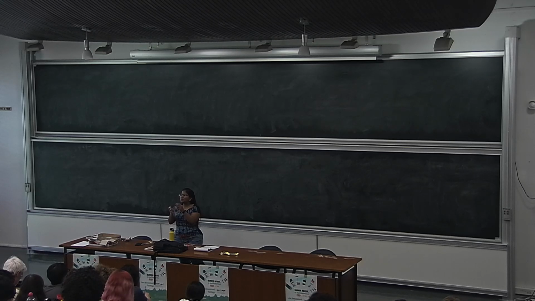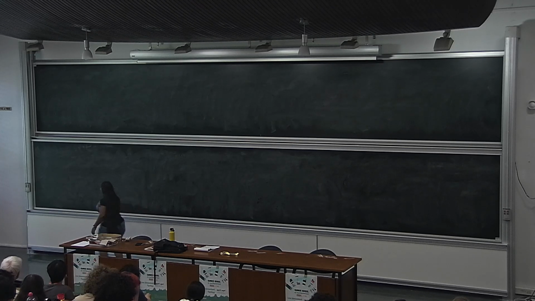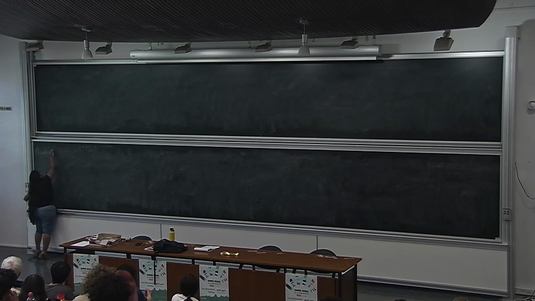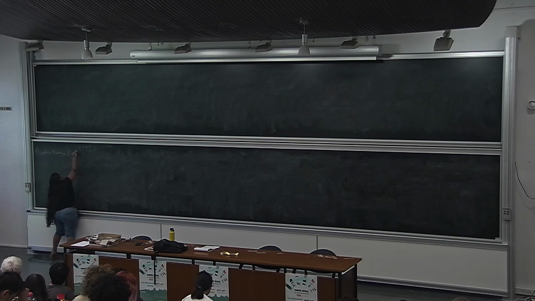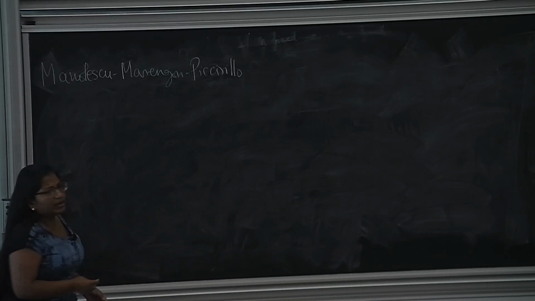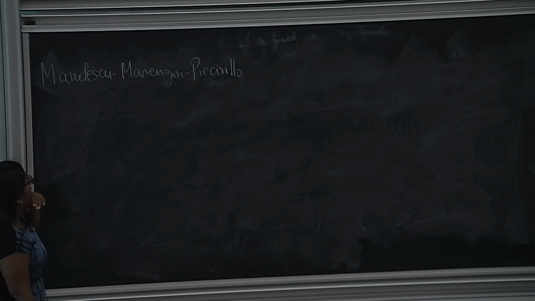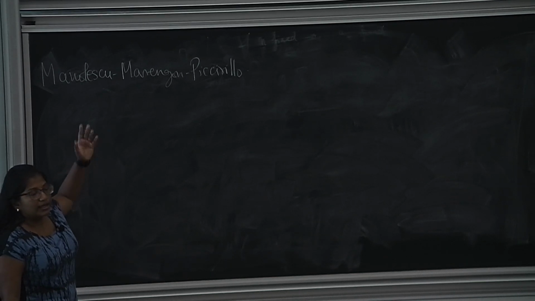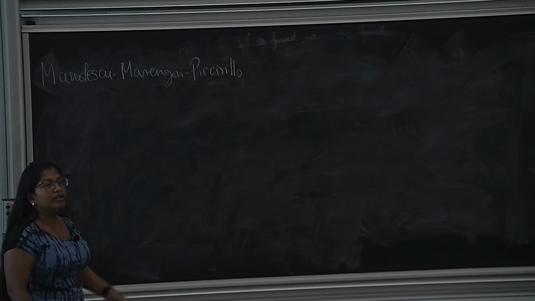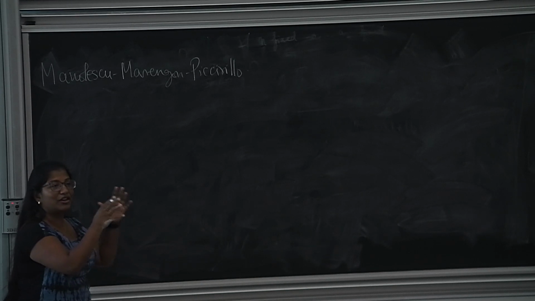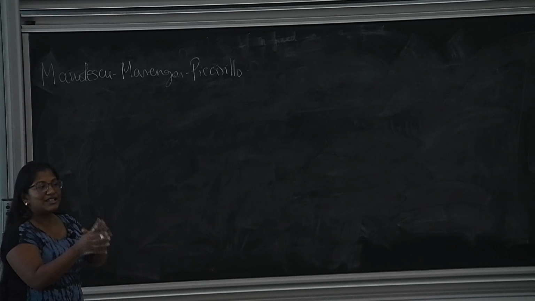In terms of slicing knots in general four manifolds, a nice reference for that sort of question is a paper by Manolescu, Marengon, and Piccirillo. So I invite you to look at this paper. In particular, you'll find some motivation about why they care about slicing knots in the K3 surface. And one of the things that they showed in this paper is that the set of null homologous slice knots, meaning knots that bound disks that are null homologous, can be used to distinguish between